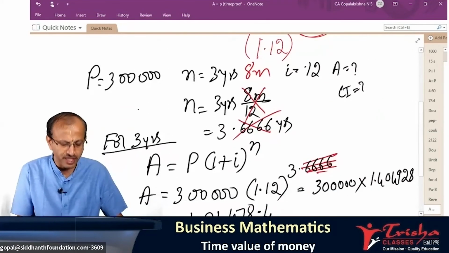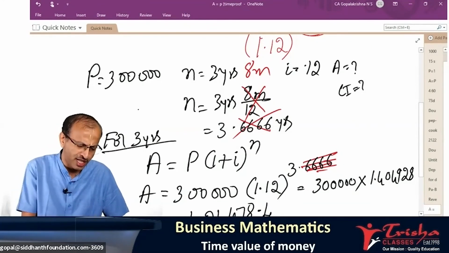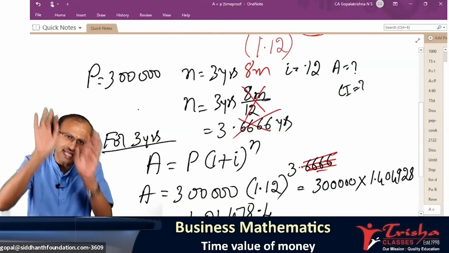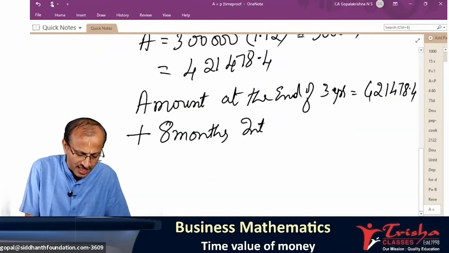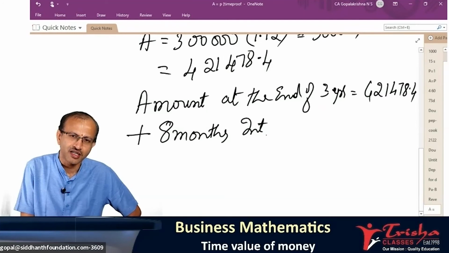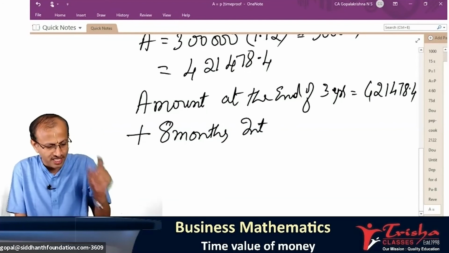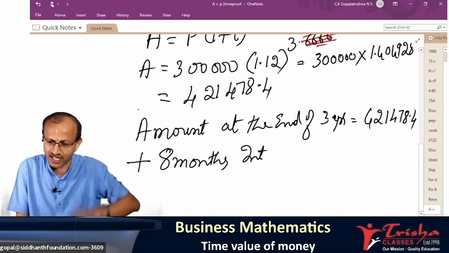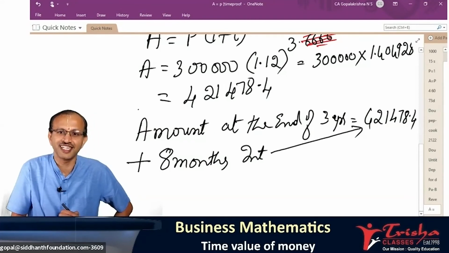That's the problem, no? Many times, because we know the formula, we apply it and we get stuck. There is no rule that you have to go by formula. Those 8 months, don't do by formula. I repeat, 8 months' interest, don't take it in the formula. You get stuck, you get complicated. Is the 8 months' interest on that principal, or is it on that 4,21,000? If it is simple interest, take it on the original money. Here we have to work on the increased value.